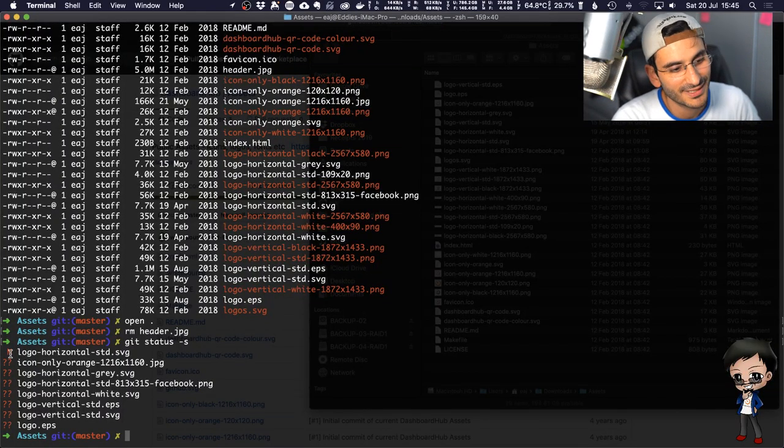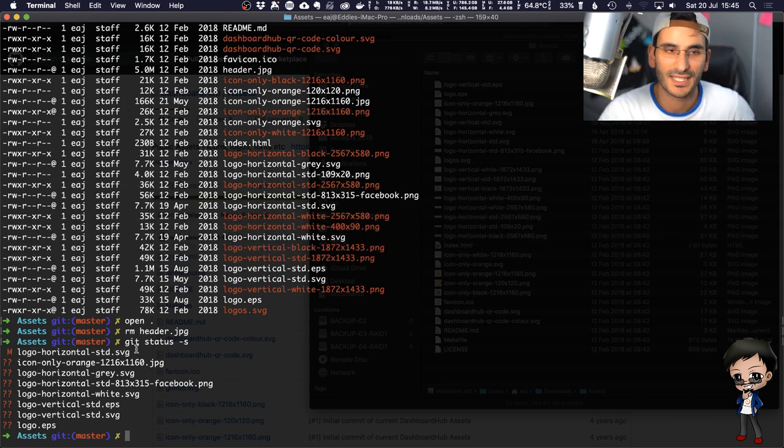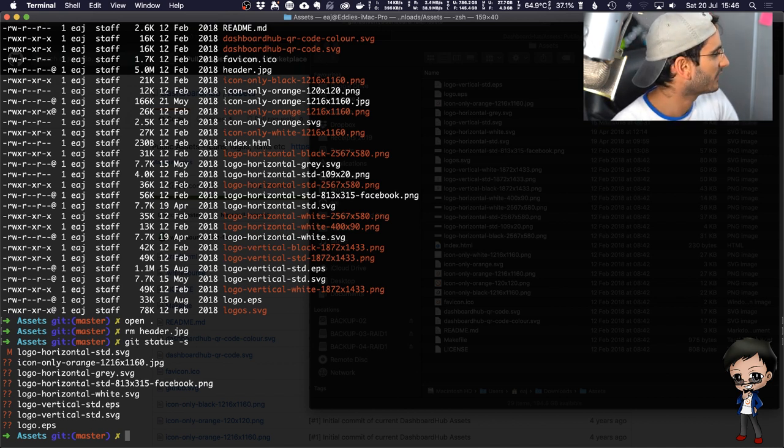I'm really curious about this M though. What did I modify about this SVG? The good thing is with Git, it will track the changes. SVG is not a binary file, right? It's XML, so we can track the changes. So if I commit that and save that, I can always revert it back to the previous one. It's the binary files that you can revert, but you can't see the diff. You can't see the difference.